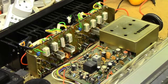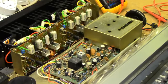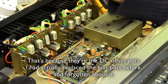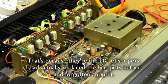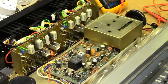Well, I just gave it a cursory measure around while the soldering iron was heating up, and quite curiously, neither of these bias potentiometers measure open right now. That's not to say that they're okay. They could have just closed up as they got very hot. But at least all the outputs seem to be okay. There are no dead shorts or stuff going on,